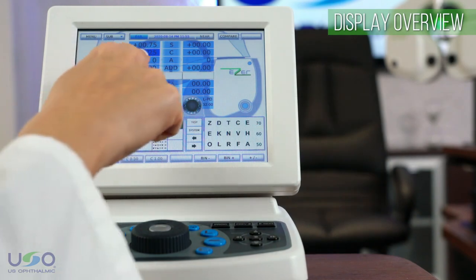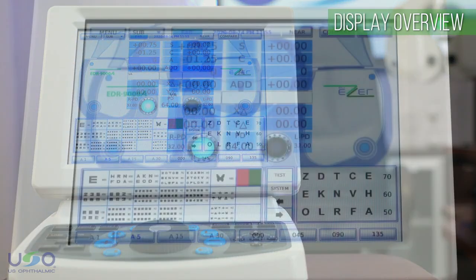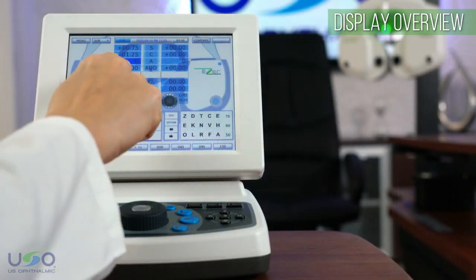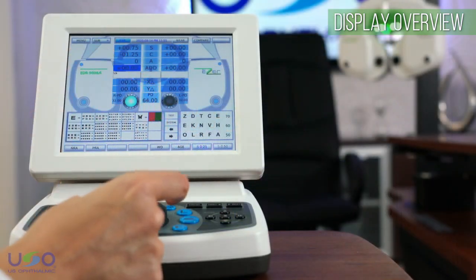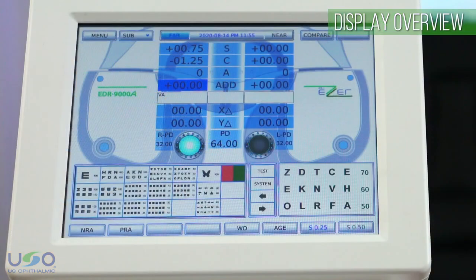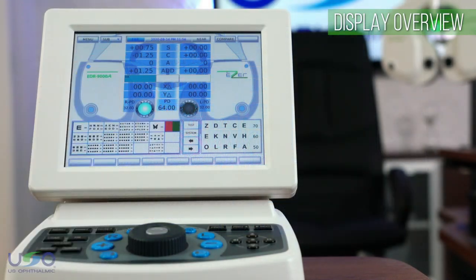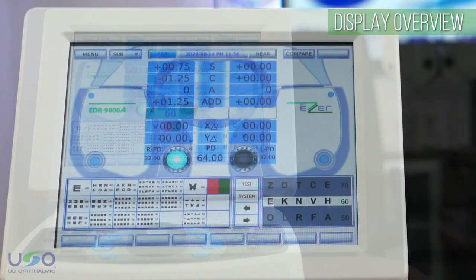This area is where you can modify the axis of astigmatism in steps of 1, 5, 15, or 30 degrees. The addition for the near vision can be adjusted in this area. By rotating the central knob, you can add power to the spherical portion of the distance prescription. You can also record in this area the maximum visual acuity that the patient has achieved once the final prescription